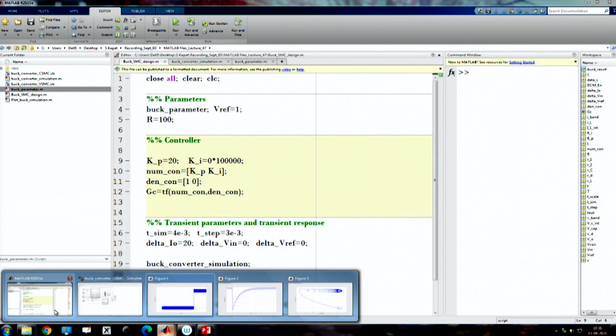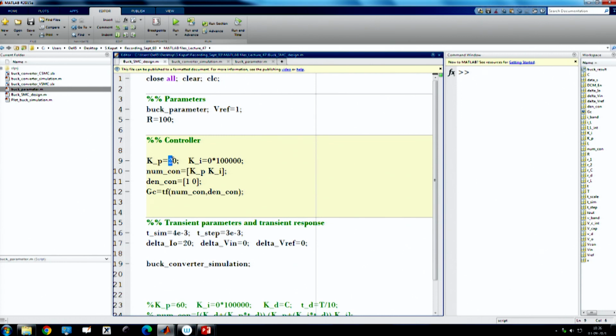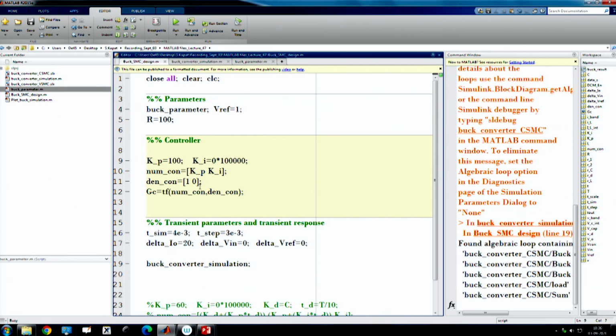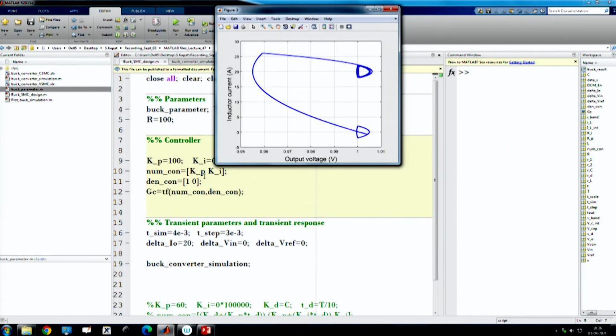Now, if you increase to, let us say, 100, let us make it 100 and see how it responds.